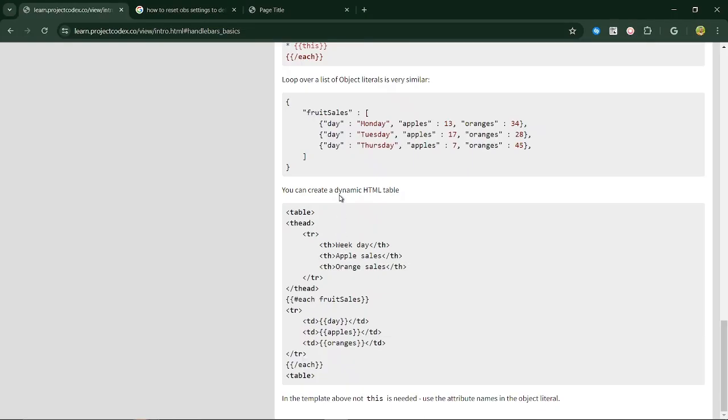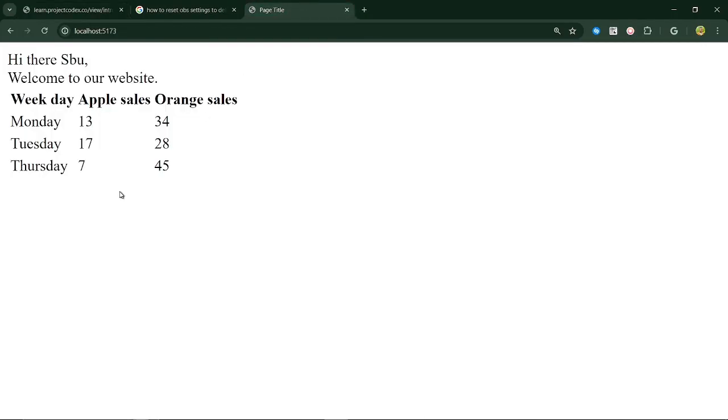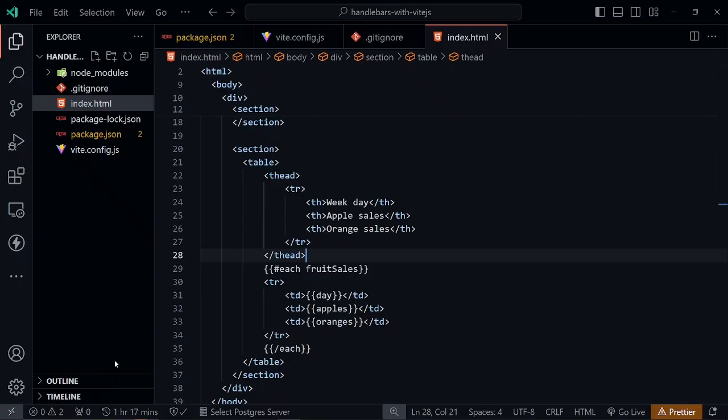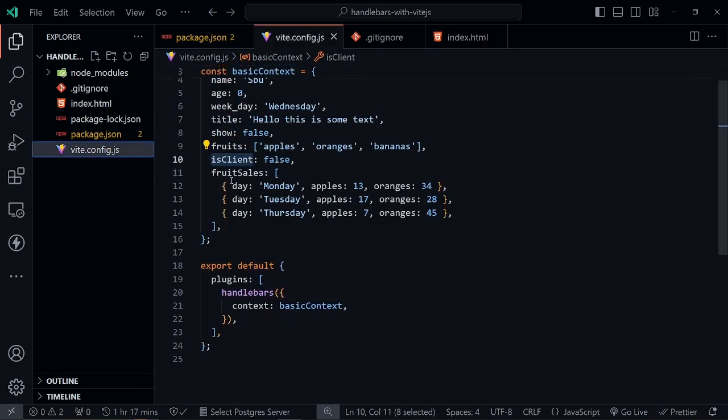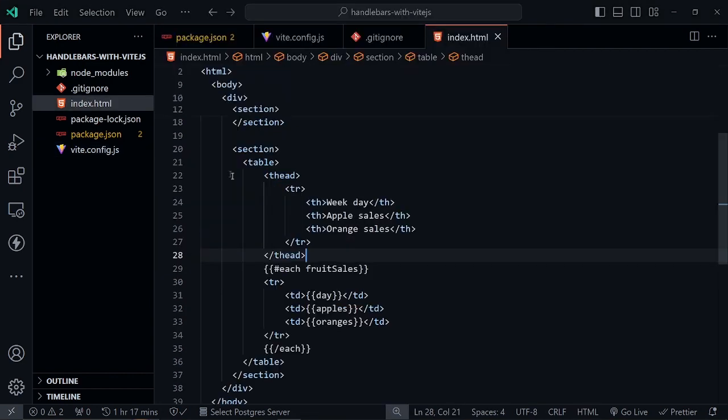Okay, cool. Now let's see. Yeah, something changed. We now have a message that says welcome to our website, hi, and we have this table. This is the table for the fruit sales, right? So we're looping over the fruit sales array, because when you look at your HTML,